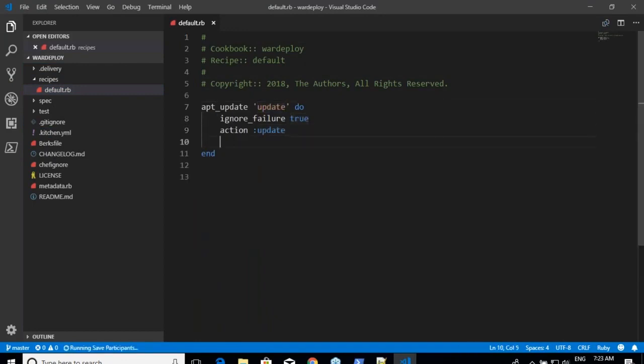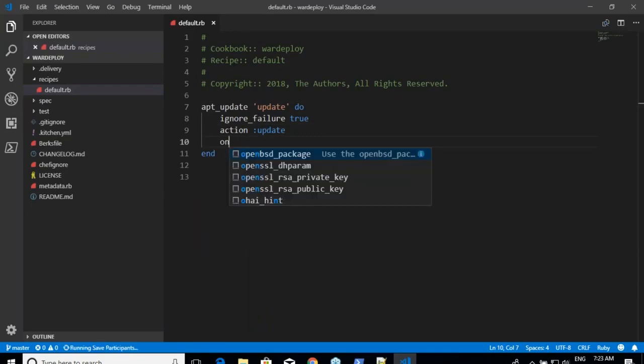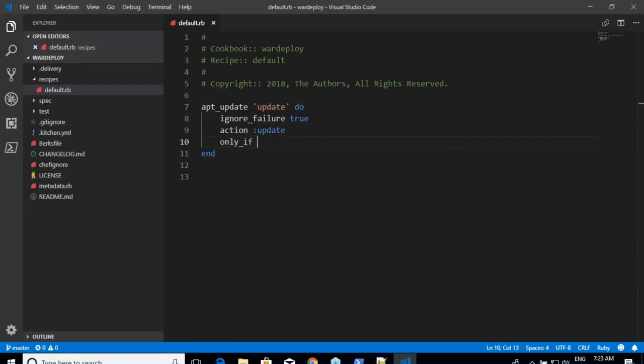Okay. That's it. This is the only step I want, but I want to run it on an AWS kind of setup. All right.